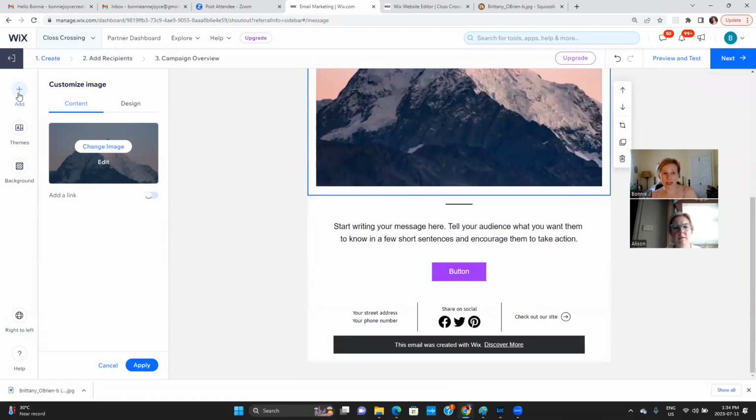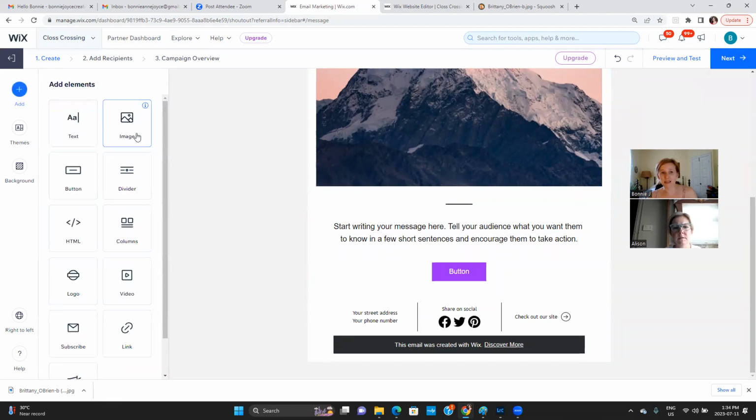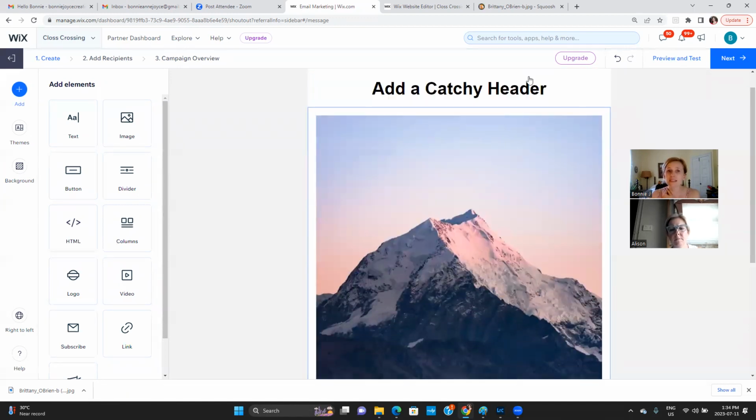Similar to the editor, you're going to go to add text, images, a logo, and you just kind of design it in here. And then you can have a call to action at the bottom that's maybe going to link people to your website or to your Airbnb listings or whatever is relevant for you, and put in your contact details down here. So you would just design it in here. I don't know if you've ever used MailChimp or anything like that, but it's kind of similar.